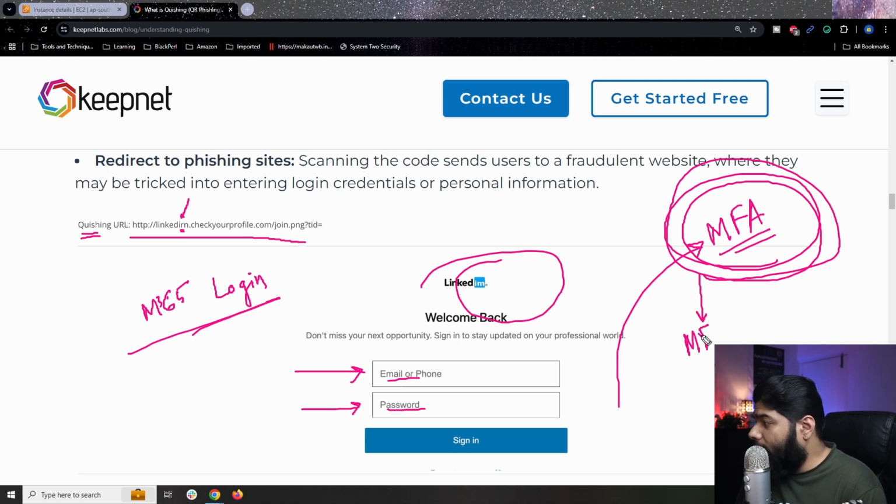Okay, MFA fatigue. So it keeps on continuing until you get pissed off and hit the yes button to grant access. The same thing has happened. As soon as you grant the access, the attacker gets into your account and authenticates. Of course, when there is an MFA authentication,